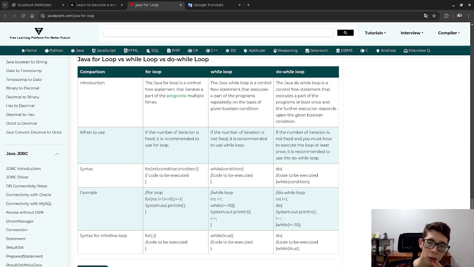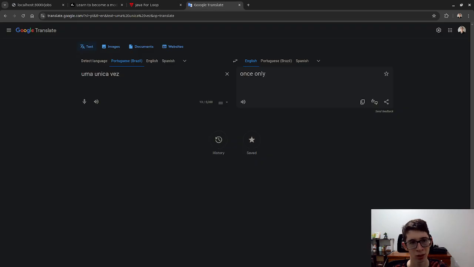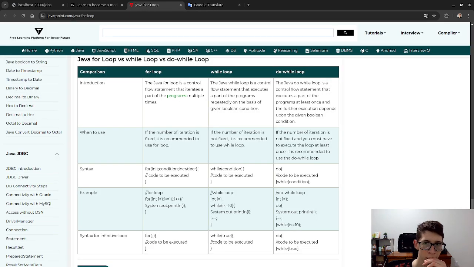Alright, so if I need to make a loop that will run once, and that will loop over an array that can be empty or have a lot of items, the do while loop will be useful,